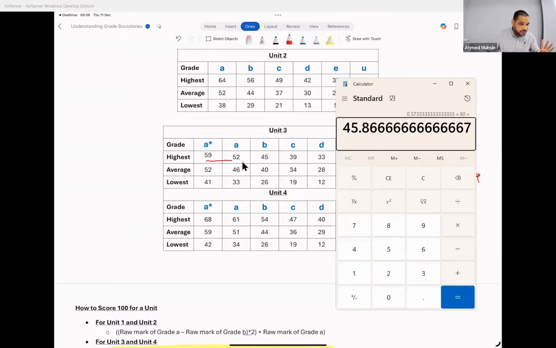This is your first exam, right? Unit 3 first exam. If you can just work a little more on your practice, do chapter-wise past paper questions, no big deal for you to go past A. A little more effort and A star will be achievable for you. I'm just randomly picking.